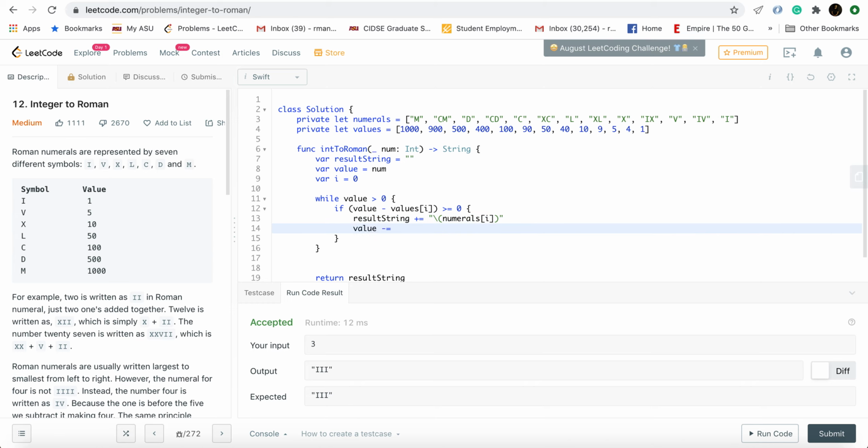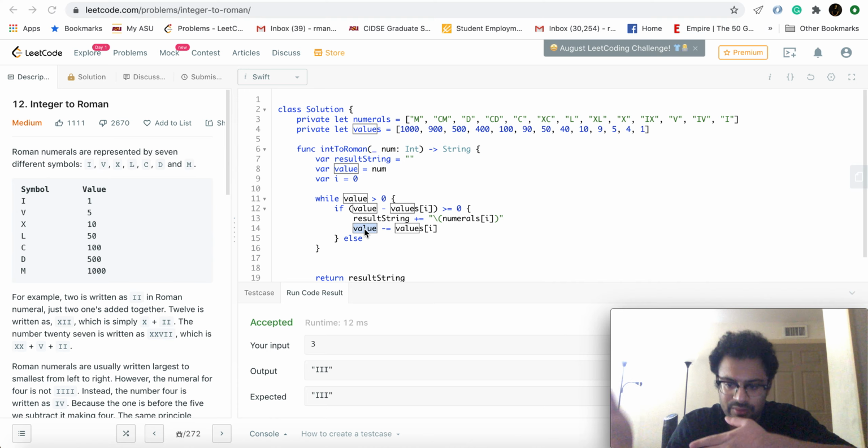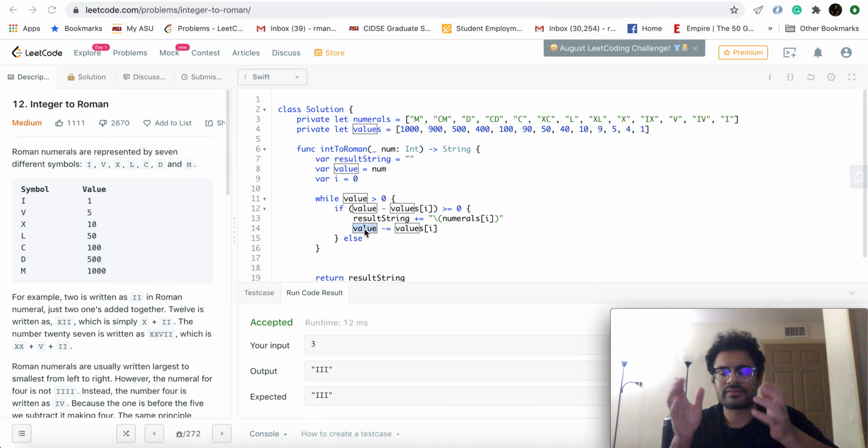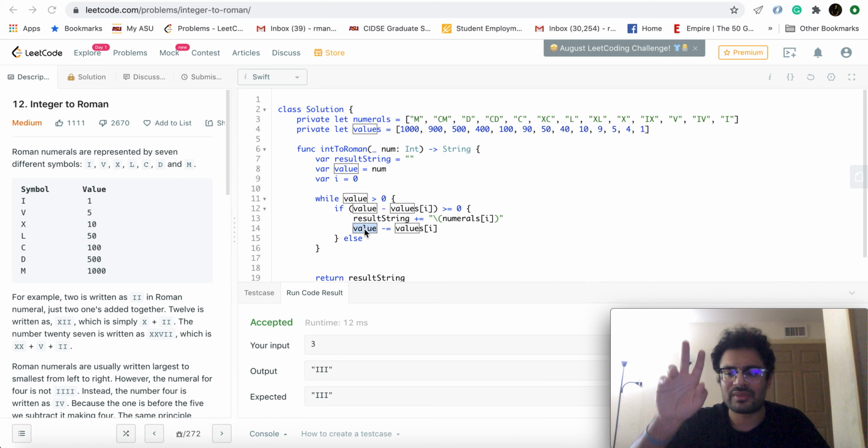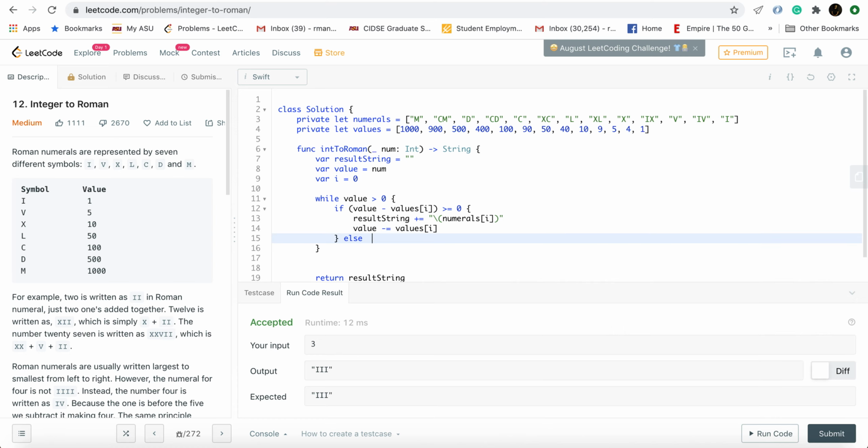And so we actually have to subtract the value that we have used to subtract from value. We have to actually update value as well. I shouldn't have named values and value. It is difficult to talk about it like this, but I think this is self-explanatory. We actually have to also update the original number, right? We have to subtract the number that we are using to form. We have to actually update the value, right, to reflect that we have subtracted the highest possible number from the values array.